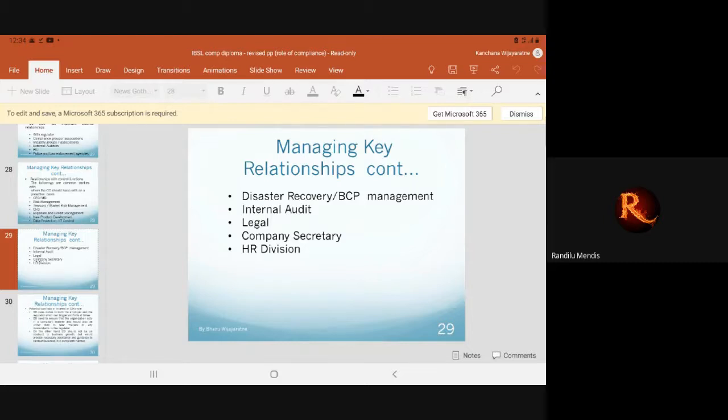So compliance has to look very closely and get involved in these functions, along with risk, to see how compliant we are on the ISSP regulations. Do we have our DR site, which is capable enough to take on the entire operations in case of a failure of our running system, main server, right? So whether we have done our BCP drills properly, whether we have the BCP policy, and the various committees coming under the BCP in action,